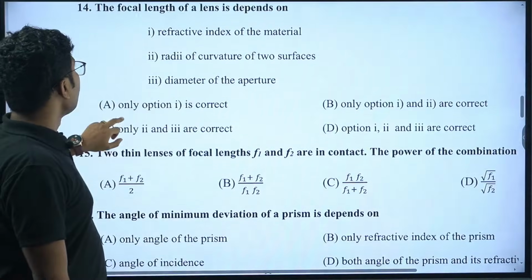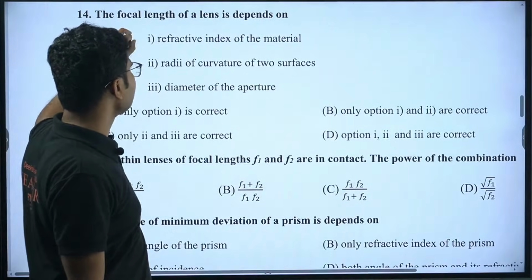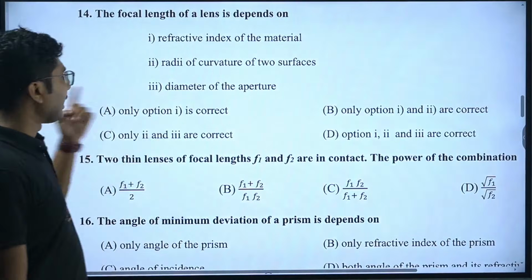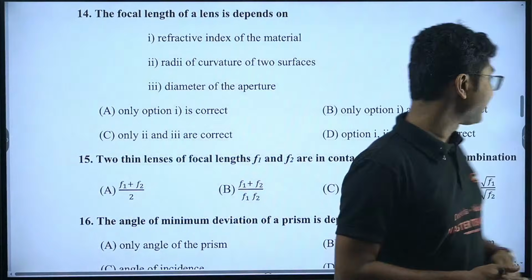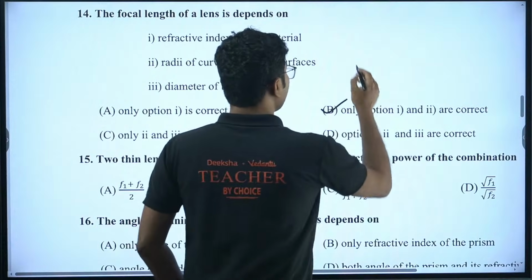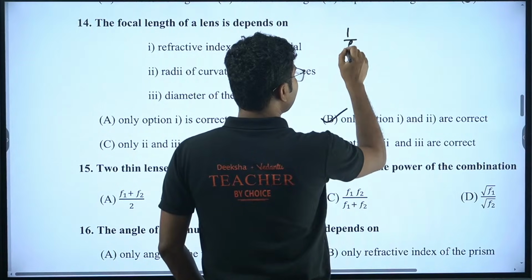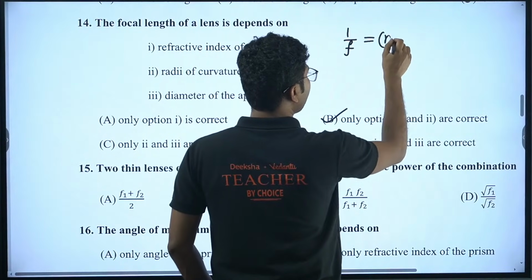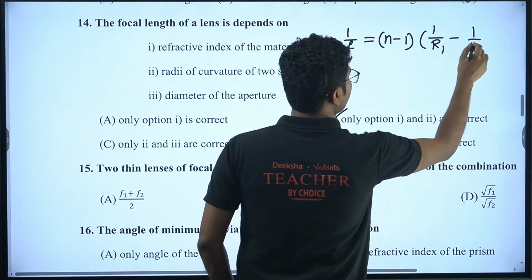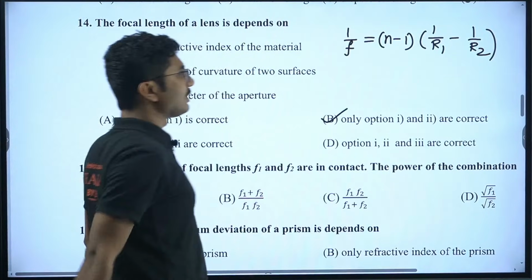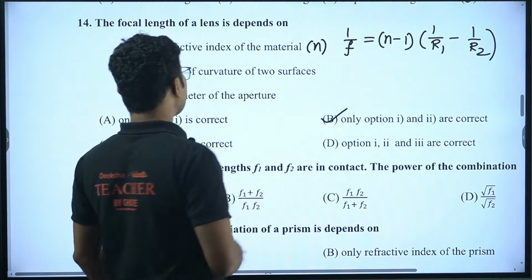So focal length of a lens. Let's see who can answer this. Refractive index, radii of curvature, diameter of the aperture. Komal Kaushik is saying 14B. Yes. So focal length of a lens is given by lens maker's equation. It says that 1 by f equals n minus 1 times 1 by R1 minus 1 by R2. So if you see that in this equation we have refractive index, that is n, and we also have radii